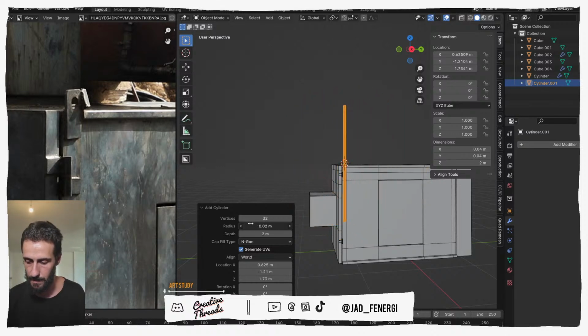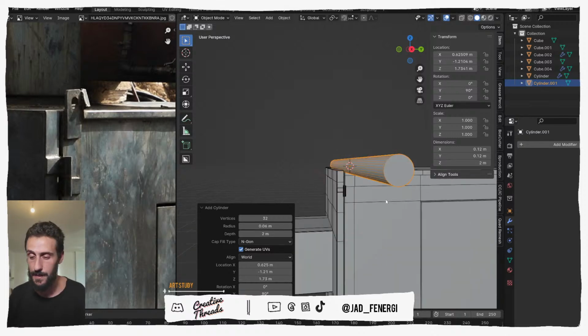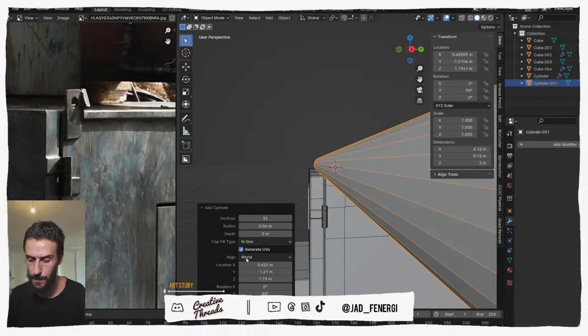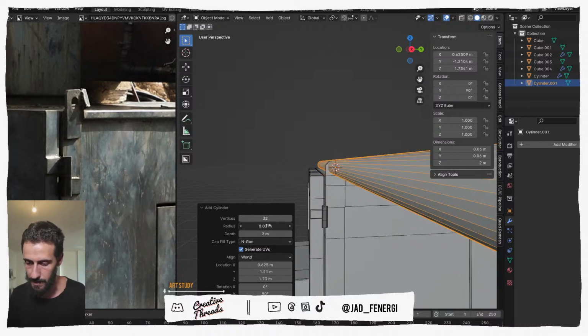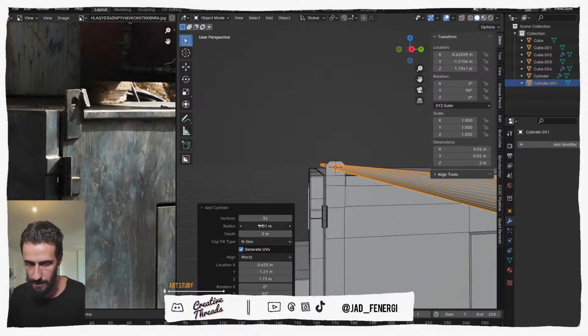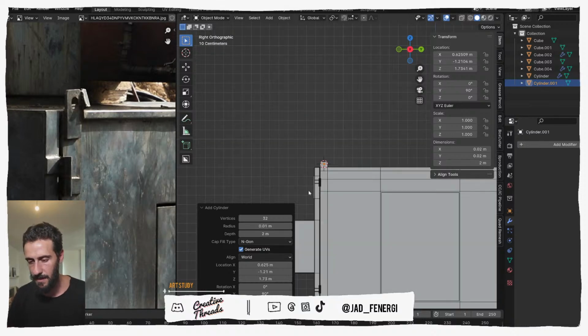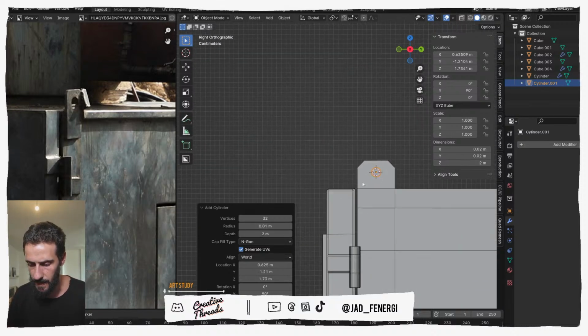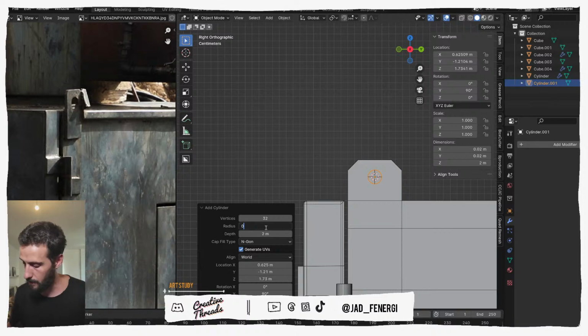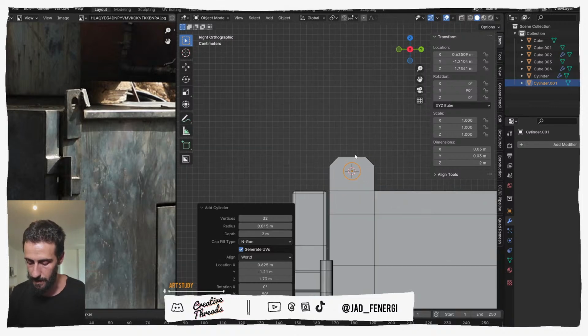Okay, so let's rotate it from here. That's the first time I learned this, that we cannot change the transform before applying the new object. So let's go down in radius to something like this. So this is like 2 centimeters in diameter, I guess. That's a bit too small. Let's do it 2 centimeter radius. That's a bit too big. So this is like 3 centimeter